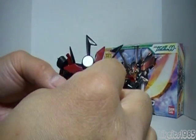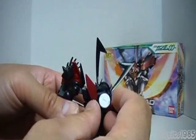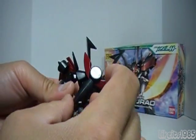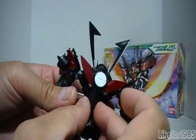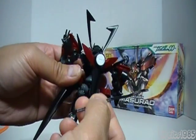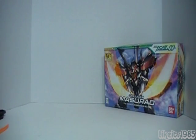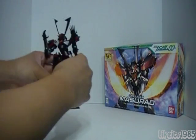On the back you have this piece here, which must have to do with the drive technology they have in this particular mobile suit, but this piece moves around like that. And it comes with this power conduit cable you can plug in the back at the base of the neck. So you've got that option. Which brings us to